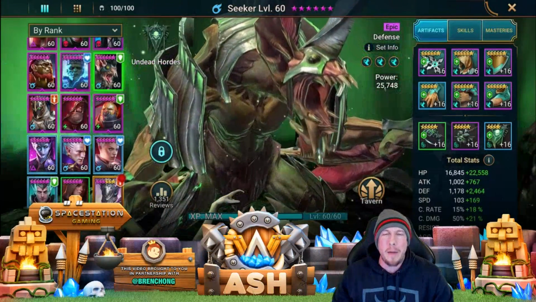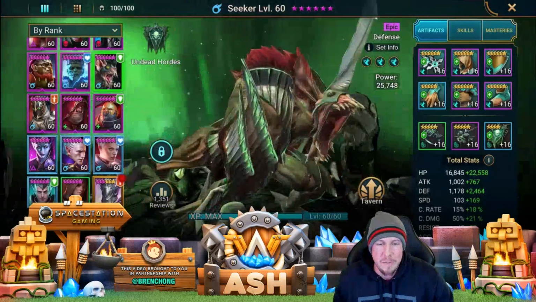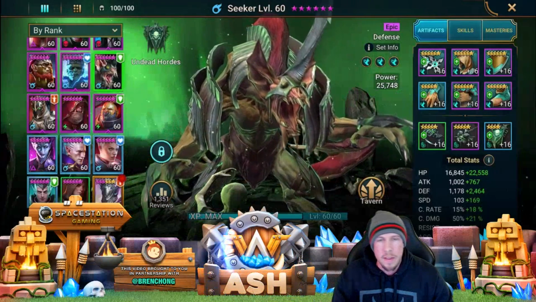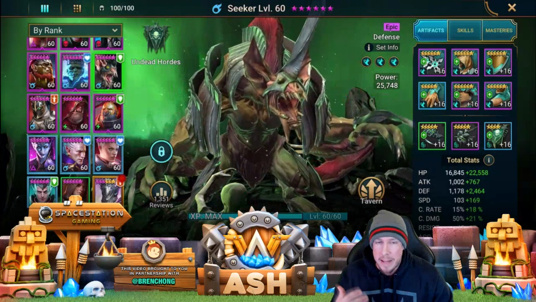Today we're going to be talking about the Arena Beast himself. That's right, it is Seeker. So Seeker is a magic affinity from the Undead Hordes. He is, like I said, an Arena Beast. We're going to talk about why. There's also a way that you can use him in Clan Boss if you want to. We'll talk a little bit about that as well, but mainly we're going to be speaking about him in the